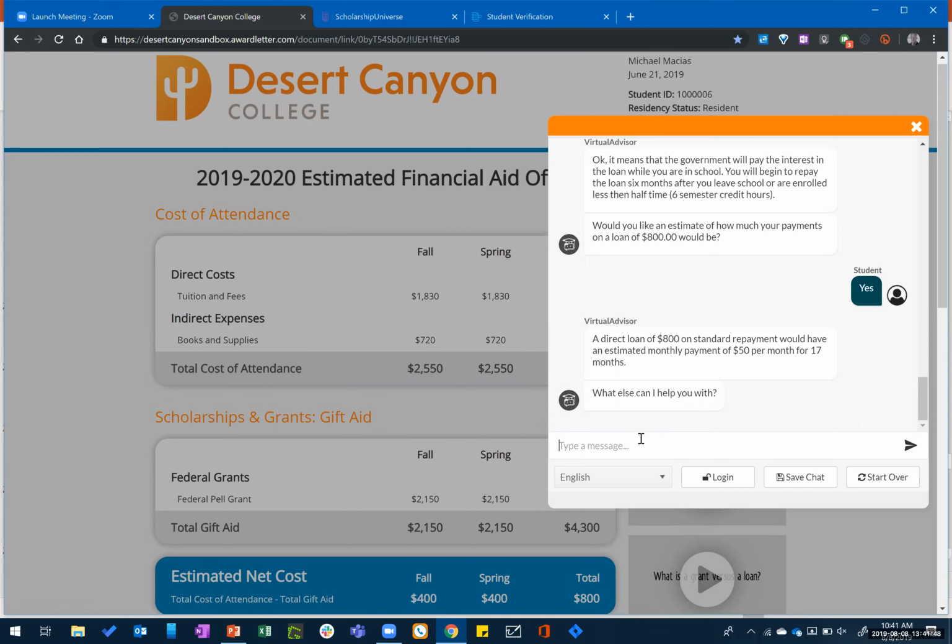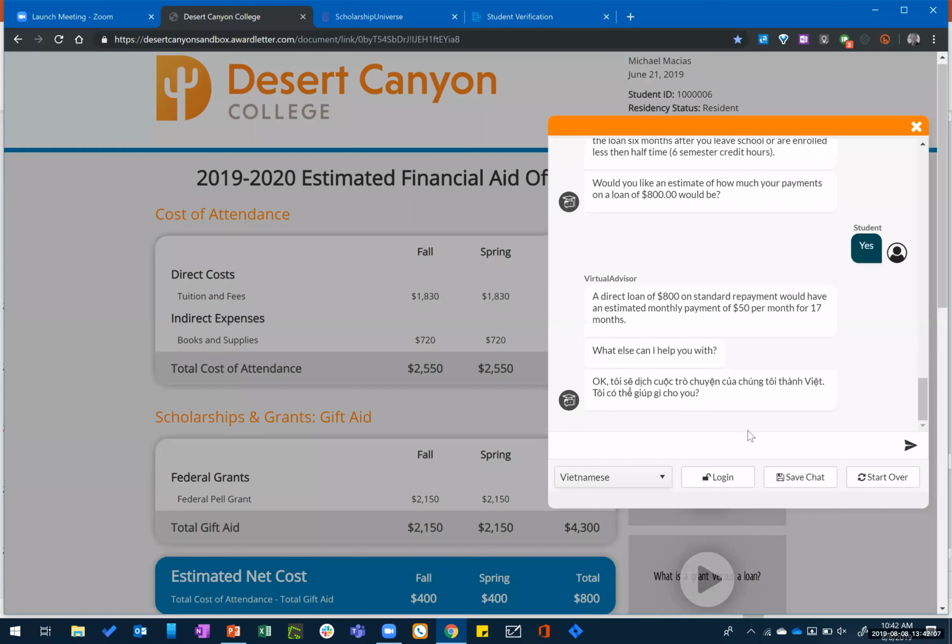So maybe if we could just have Stacy read out what some of the questions were. Sure. So one is asking if there's Vietnamese as a language option. Let's check. There's 62, and I don't have them memorized. So let's see here. So in Vietnamese, it looks like, I don't read Vietnamese, but that looks like it.